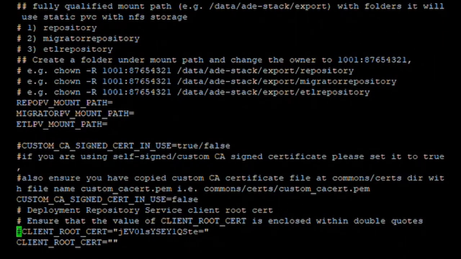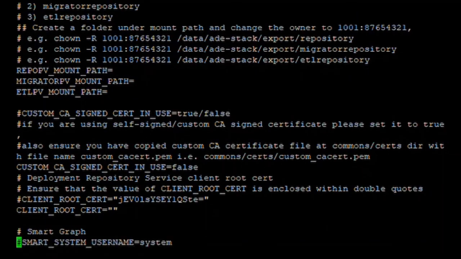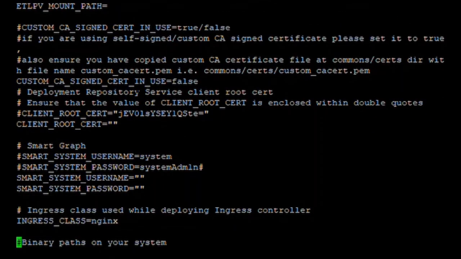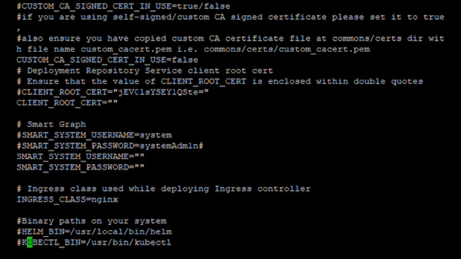You have to specify your certificate configuration, and the rest of it is specification for Smart Graph, which is part of Discovery, which you don't need to do. But the other thing is in the documentation. There's an Ingress class. In this particular case, the default can be Nginx, but the documentation will tell you to specify a separate name.